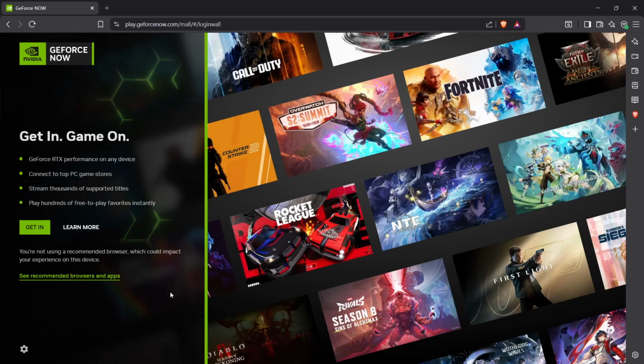After that, download the GeForce Now app on your device or open GeForce Now in a supported web browser. The app is often the easiest option for the best overall experience, but the browser version can be very convenient if you do not want to install anything. Choose whichever option works best for your setup.